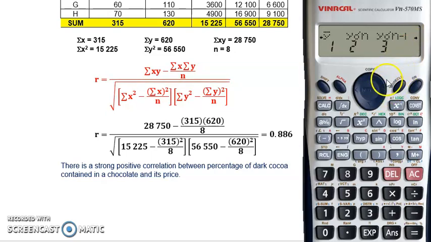Press another right arrow here. So here you have 1 for A, 2 for B, 3 for r. Number 1 and number 2 we will look at later in the regression topic. Now press 3. r is our sample correlation. So press 3 and then equal. Here you will get 0.886. So that's how you check the value r from your calculator.